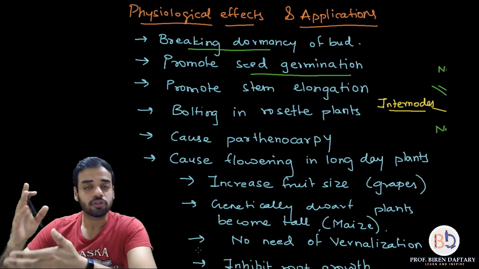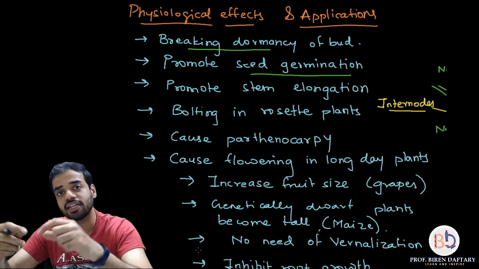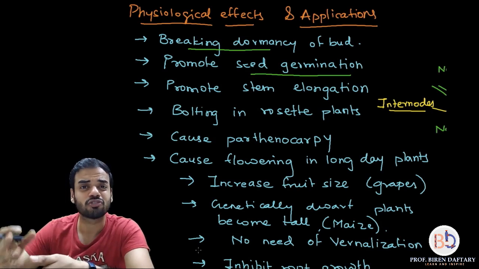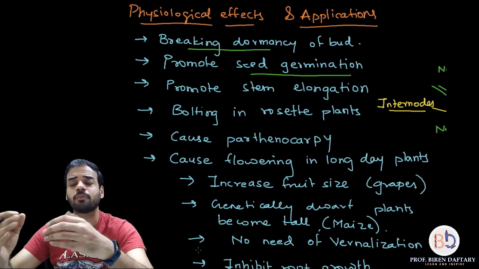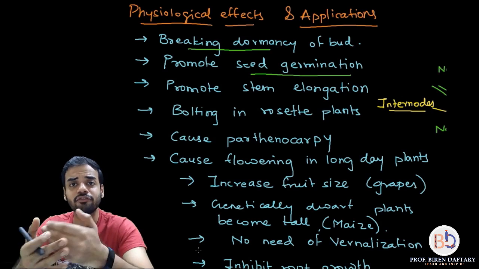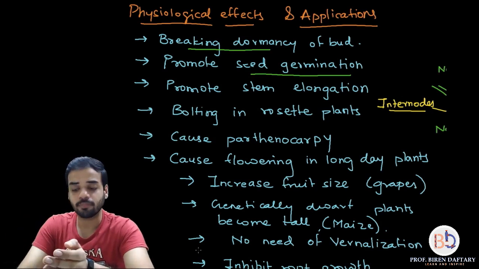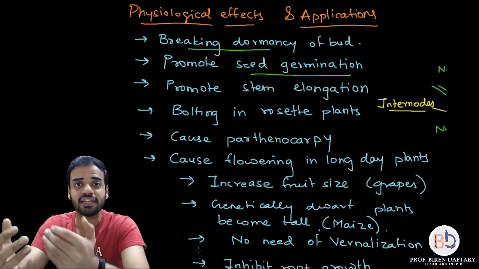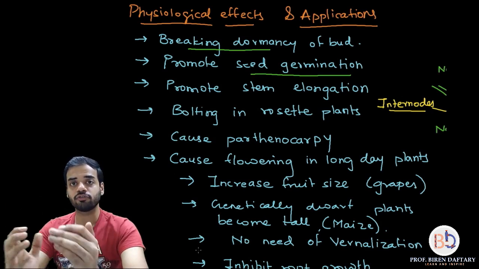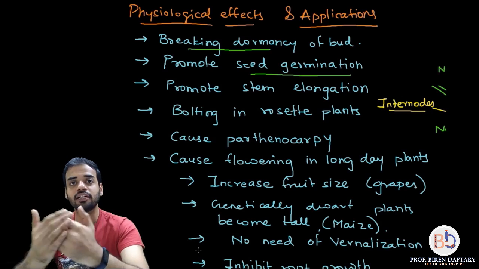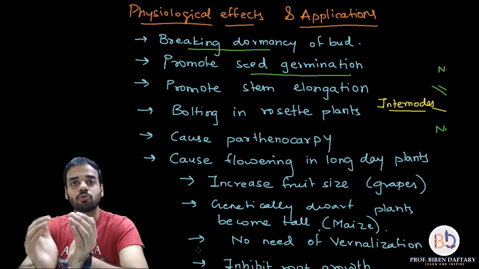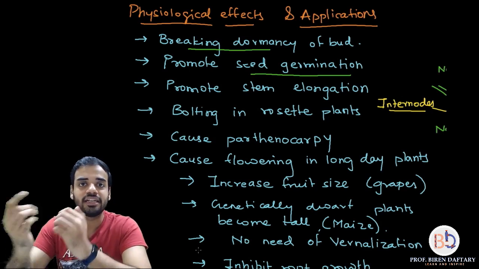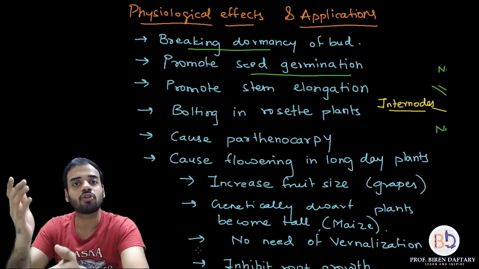Normally, during stem elongation, the internodes keep on growing throughout life. However, in the case of rosette plants, what are rosette plants? Rosette plants are plants which have overlapping leaves that appear like a rose. For example, if you have seen the cabbage that we eat, its leaves are overlapping. If you see it from above and cut it, it will look like the petals of a rose overlapping each other. Such plants having overlapping leaves in a circular fashion are called rosette plants.